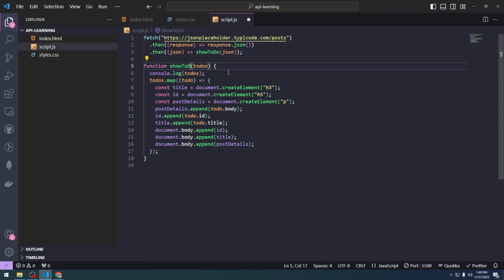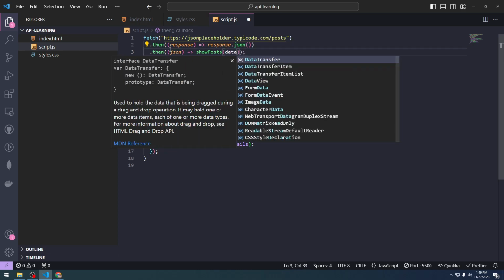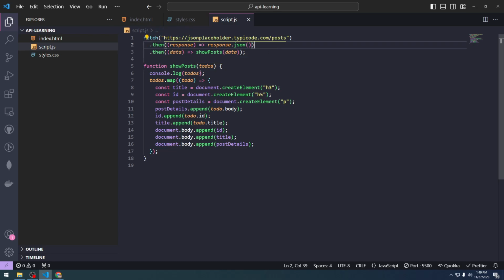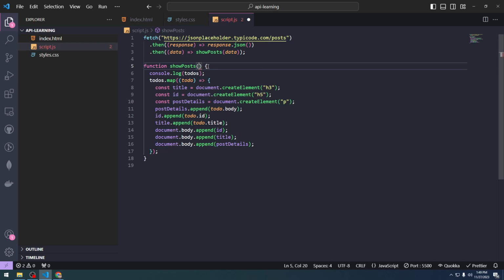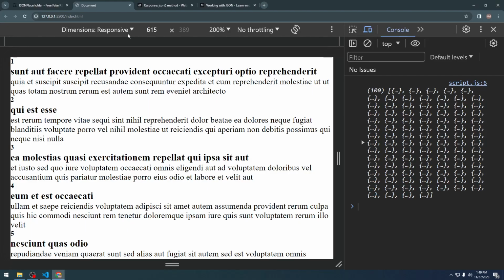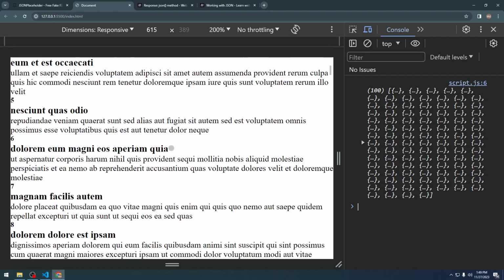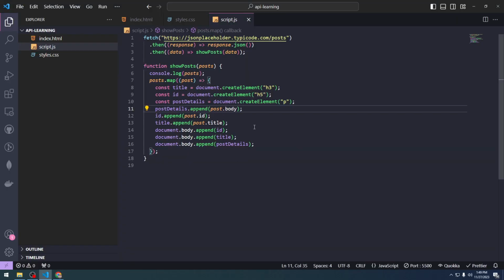This is not to do anymore, so let's call it show posts, and rename this here. We should call it data, not json data, and we can do posts. We are renaming it to something better because it is posts after all, not to do's anymore. As you can see, it shows the exact same thing, because everything works exactly